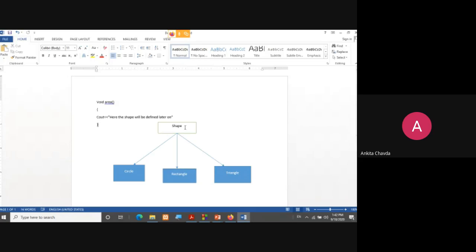So such kind of statements where I'm not having any useful things, yeah, but I can direct my child classes, like you have to write one method, that is area, in your class. That is compulsory. If you do not write it, you will get an error.